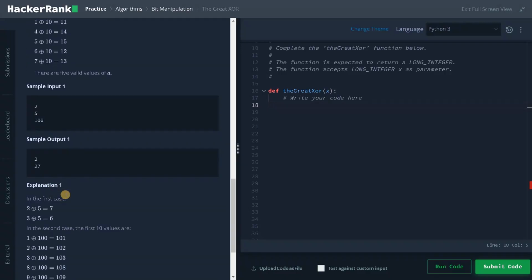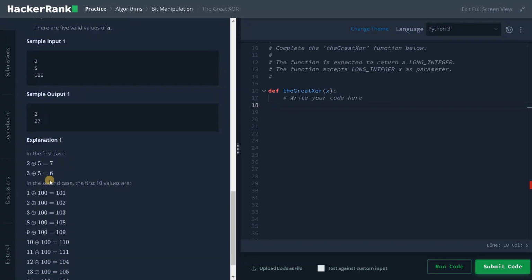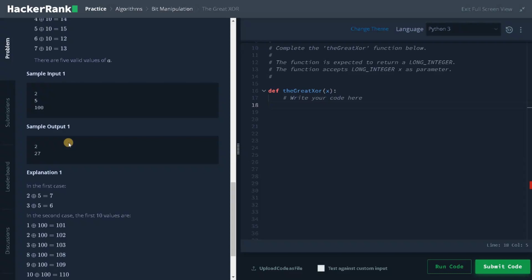So let's see some other example. Here 5 is there. The next power of 2 after 5 means 8. If we take minus 1, the result is 2. So we have 2 here. I will explain this with examples with the help of bits. And also here we have 100, and the next power will be 128. So the remaining will be 28 minus 1, 27. We are getting the answer here. That's how we are going to get the patterns.